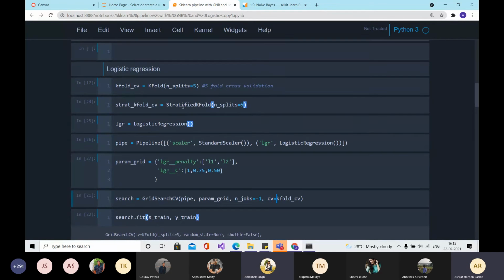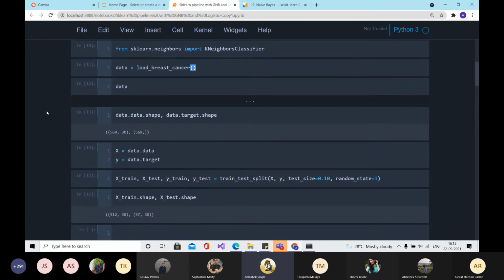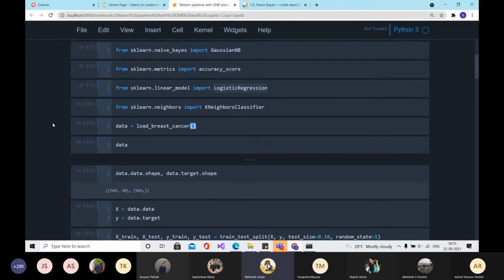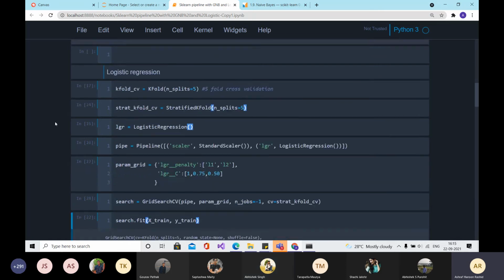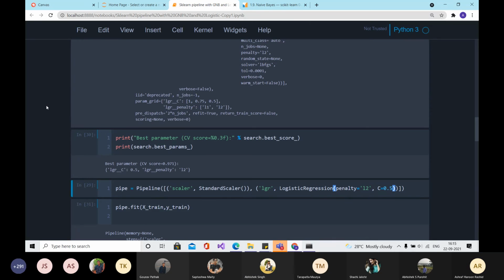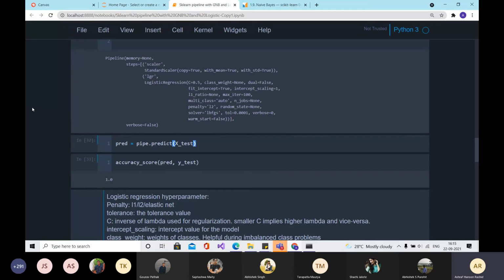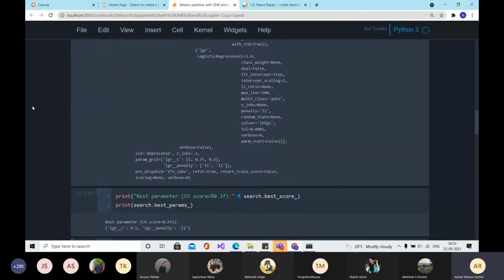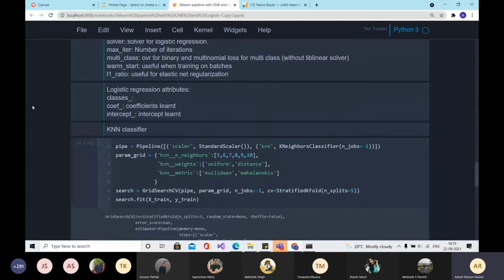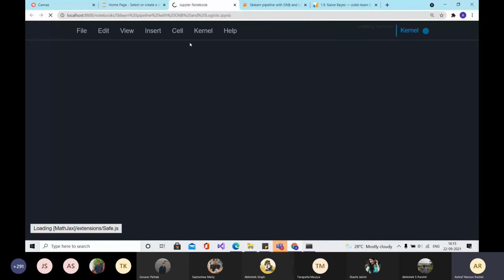Actually, sir, the file you have shared and the file which you are using, there are some differences. So actually, I made the changes as you were going on with the code, but maybe they have not made the changes required. So maybe that's why the error is coming. But even in that case, there should not be any issues. You can just check it out. Yeah, so logistic regression for this breast cancer data set doesn't give any issue. Same goes for KNN for the breast cancer data set. Let's see the original one.